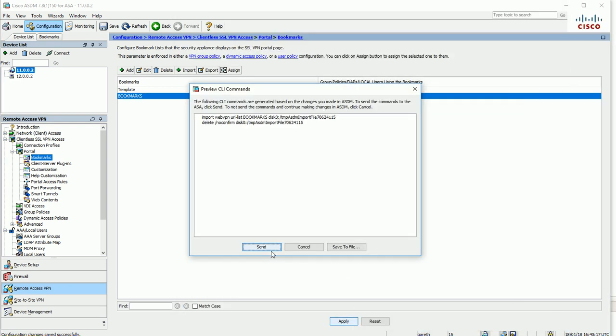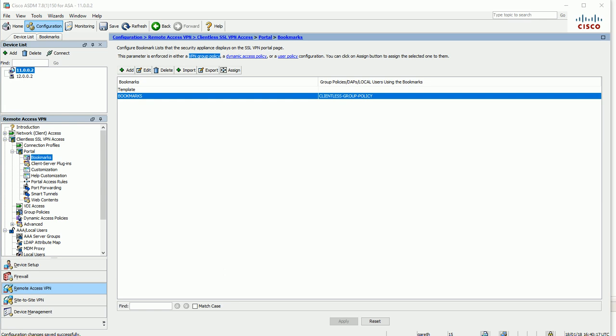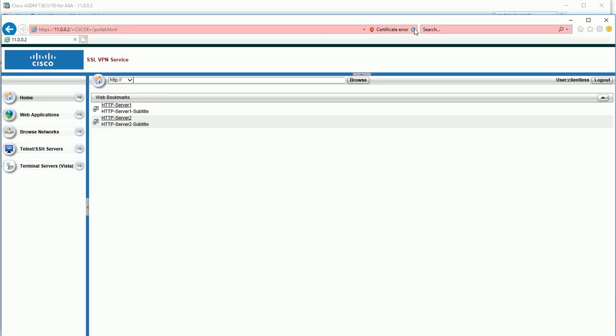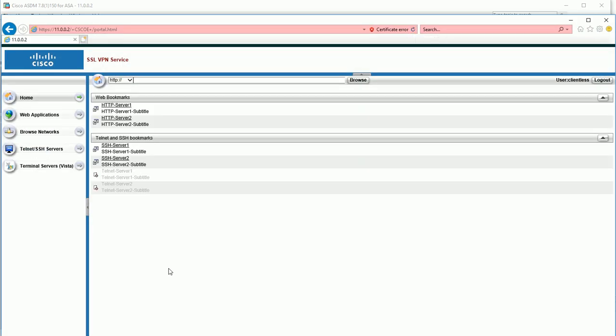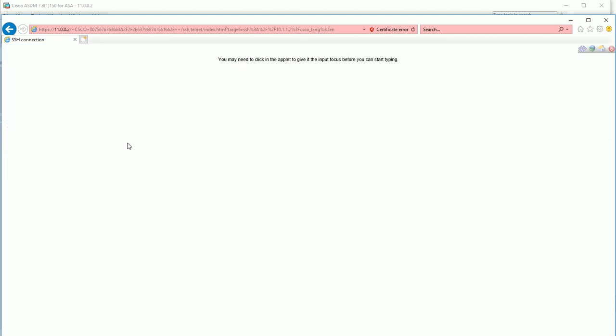Okay, so we've modified the bookmarks. Let's go back here and refresh this. Okay, so this is as expected. This is grayed out because of the Web ACL, so we're not going to be able to access that. If I was to click on SSH here,